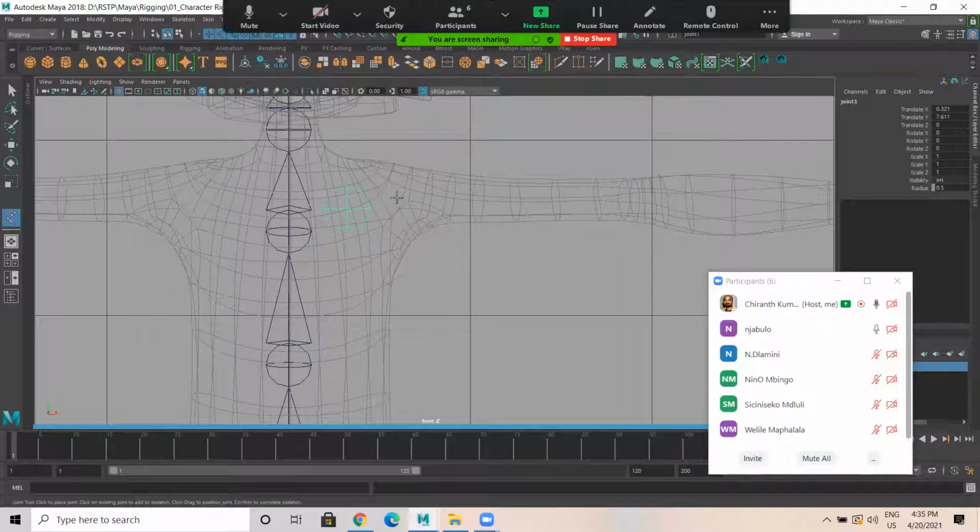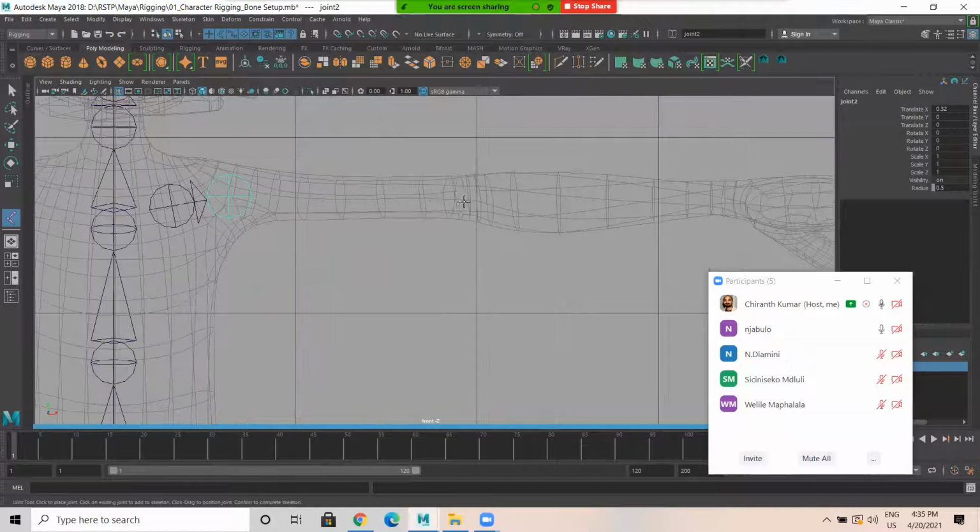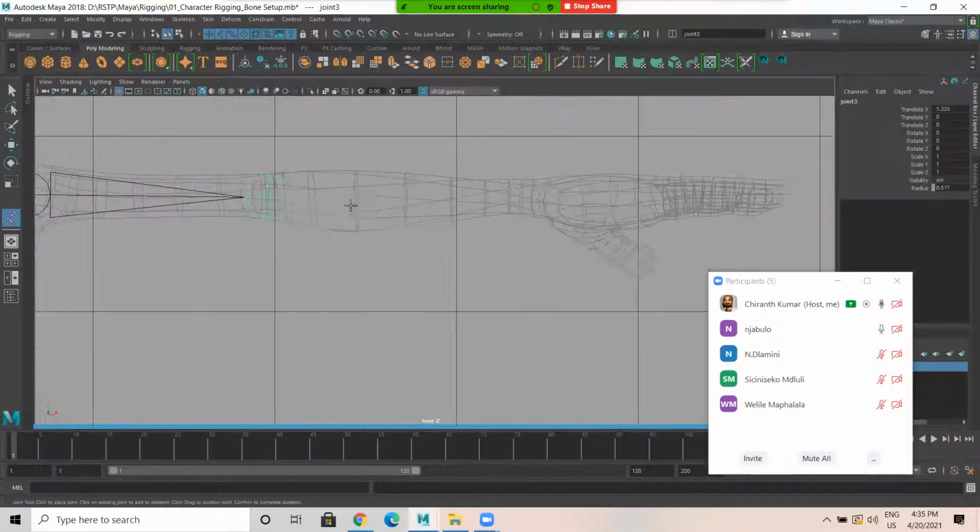Okay. After clavicle, this cut, shoulder. This is the shoulder cut. After shoulder, elbow. After elbow, this is the forearm, because there is a twist. We can twist the forearm. Okay, just a bit of rotation you can do. After forearm, wrist.